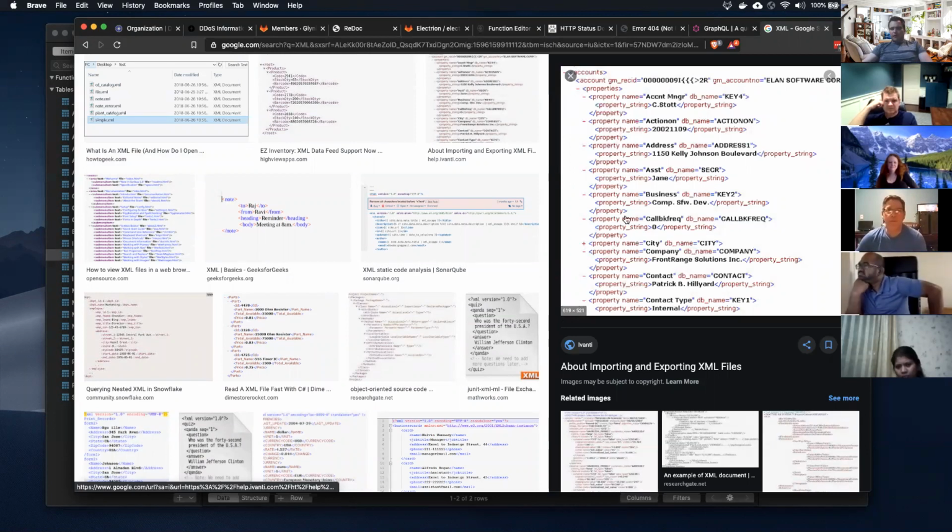Everyone's seen this before, right? You've got the open and close tags. Looks a lot like HTML. XML is just extensible markup language, just like HTML is hypertext markup language. You can see how verbose it is. It's just nasty verbose. And the reason is because you've got your tags, you can have your attributes, and then you've got your properties here. In this case, these are all domain-specific languages, DSL, so you can do whatever you want with them. But you've got these nested things, and you always have this close tag.